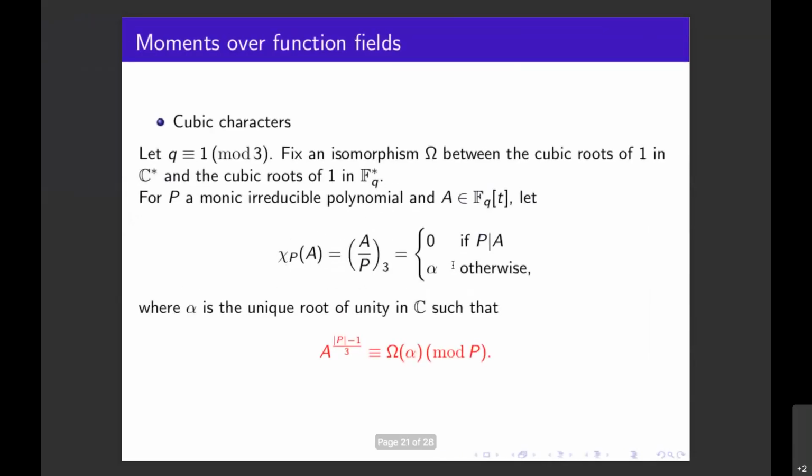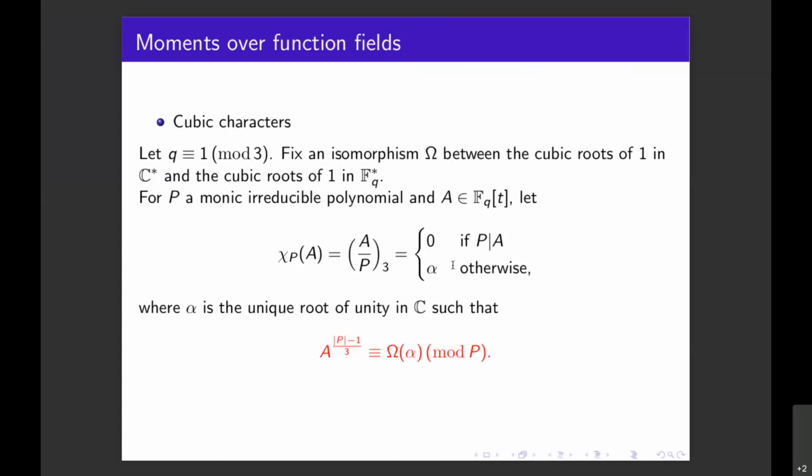Okay, so now I want to give a little bit of background on how we actually define these cubic characters over function fields. Let's say that we are in the Kummer setting, when q is congruent to 1 mod 3. This means that we do have the cubic roots of unity in Fq. Then how do we define the character? Well, we fix an isomorphism between the complex cubic roots of unity and the cubic roots of unity in Fq. Then if we have a monic irreducible polynomial P and some